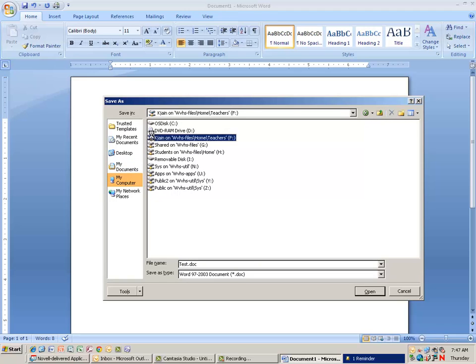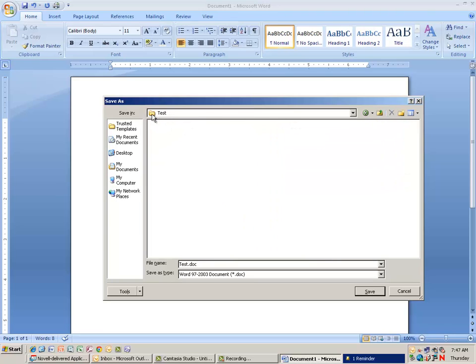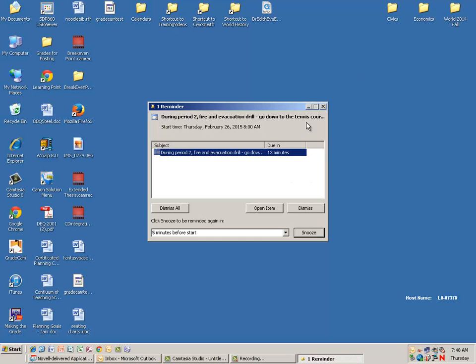Here I am. Here are my documents. Oh, there's my test folder that I just created. I want to stick it in there, so I click and open up the test folder, and I'm going to stick my test document in there. So there we go. Now, if I close out of Microsoft Word and I come back,